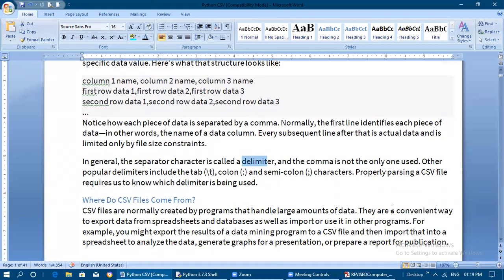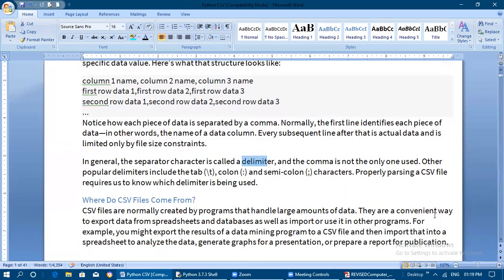No need of variables in order to handle large amounts of data, because a variable is volatile in nature. Once we have used the value assigned to the variable, next we won't remember that value, and the value will not be available in the hard disk also. When we are dealing with inputs with the help of variables, for that reason only we went for the files concept. So CSV files are normally created by programs that handle large amounts of data.